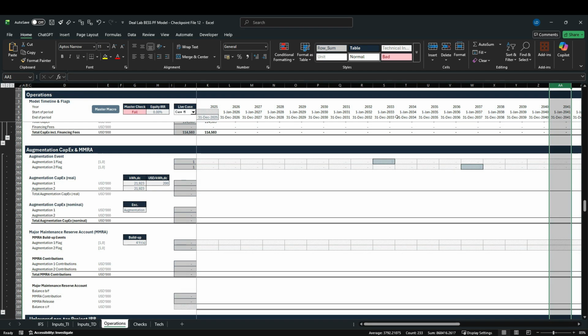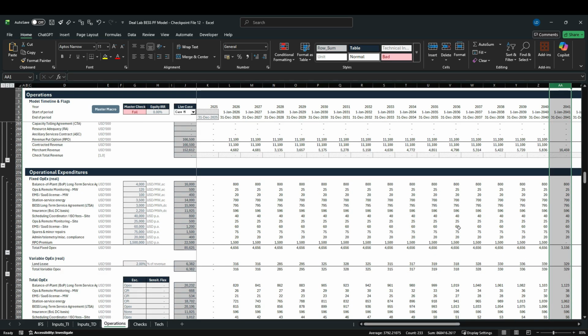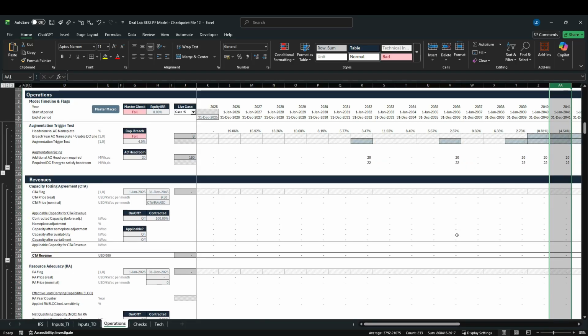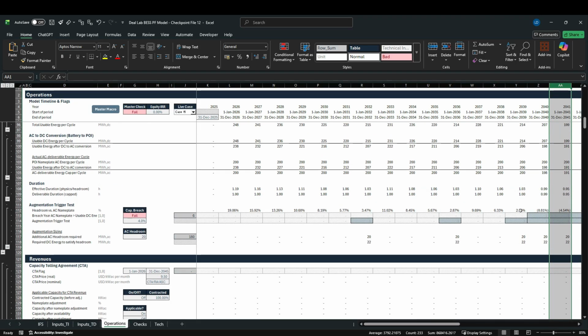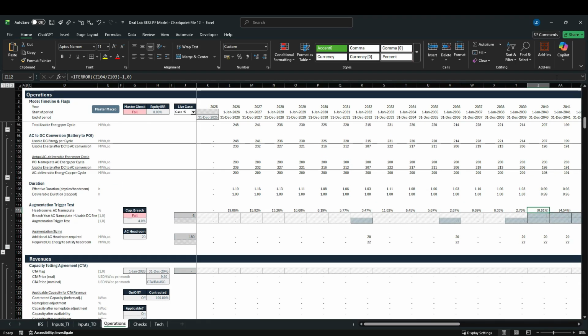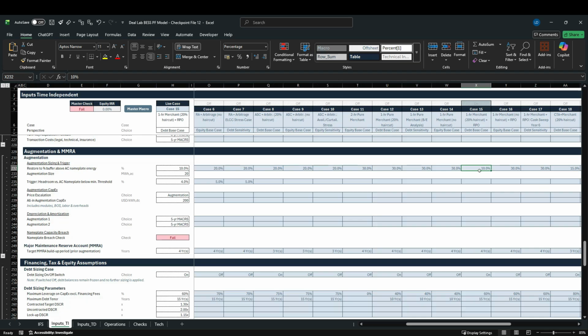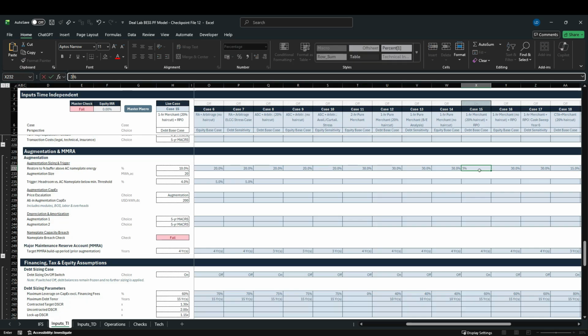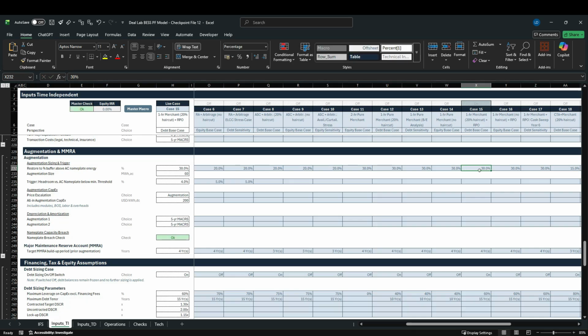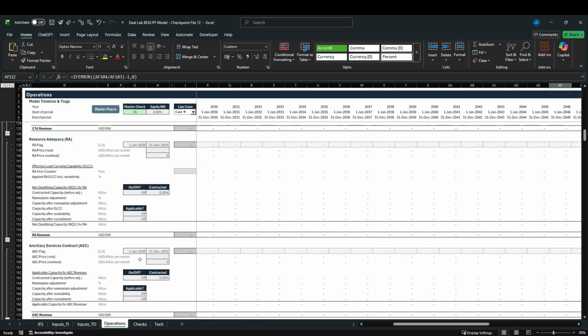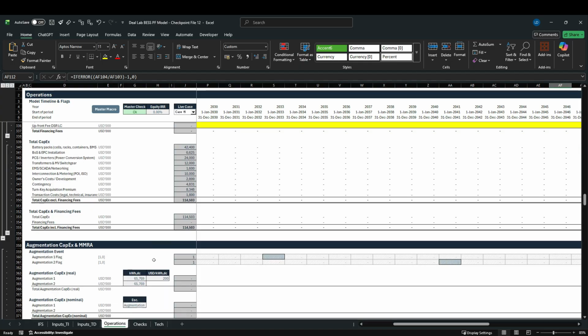because we would already require an augmentation in 2033, then again in 2037. And if you scroll up to the power and energy section, you would see that we would breach our nameplate capacity in year 2040, and we could essentially not maintain our minimum nameplate capacity. So that's the reason why all of these inputs here are basically sized so that we only need a maximum of 2 augmentation events. So let's restore this to 30%, go back to the operations sheet, and scroll down to